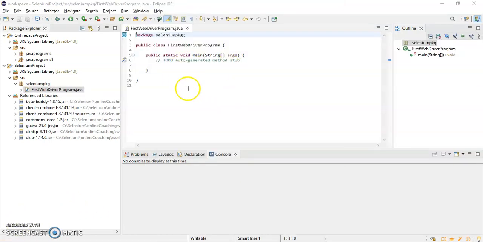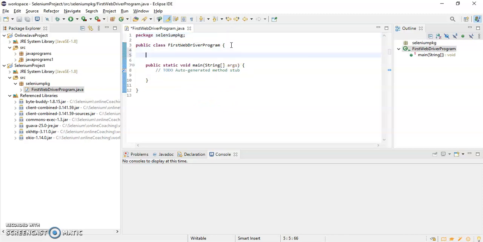So I have created my class. What I have to do is create one class variable. We have to create one reference variable of the WebDriver interface. So I'll just write static WebDriver driver.